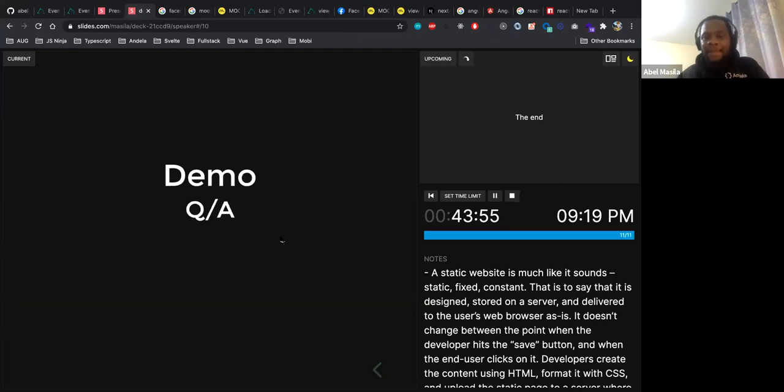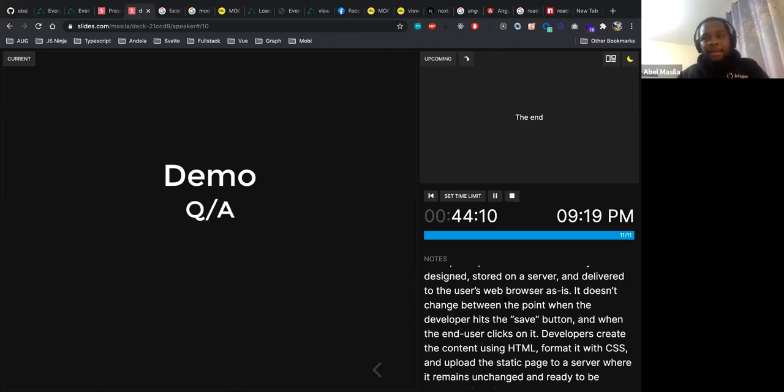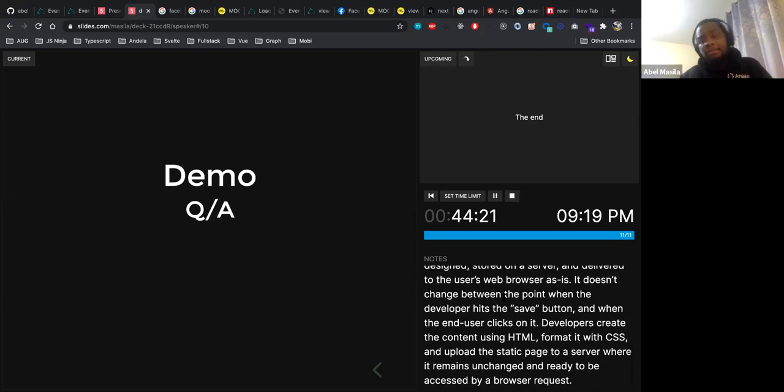They are static, they are fixed, they are constant. Index.html. As long as you have saved that file, it will remain the same on the server, the same way you have saved it. And they are really nice for display if you want to just give information about yourself. So it's nice to do your portfolio using static sites. They don't change. They are HTML, CSS, and some JavaScript if need be, but they are not dynamic. As long as you have saved it, the content of that page is Abel, software developer, an anchor tag, and a heading. That's all it will be.